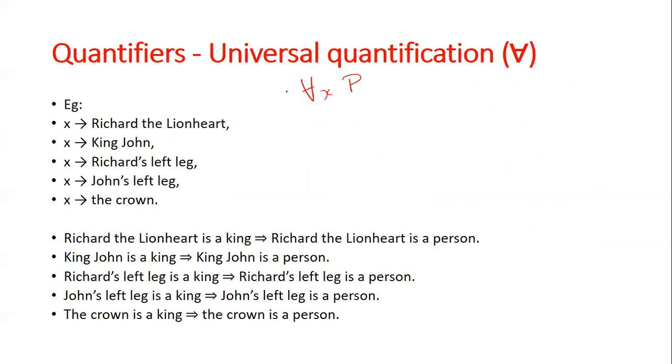So what are our possible X's? If you take that example which we have discussed, and consider this statement "for all X P", what value can X take? X can be either Richard the Lionheart, or King John, or Richard's left leg, or John's left leg, or crown.